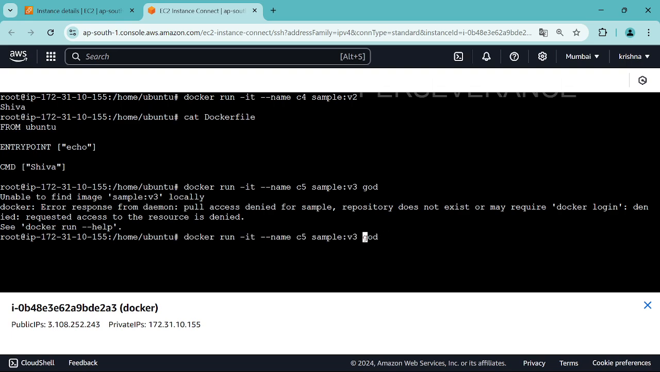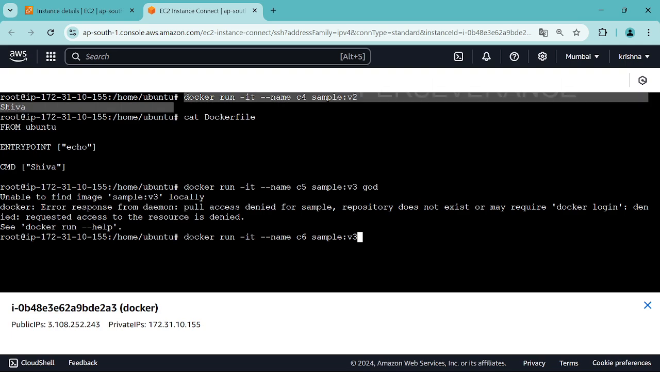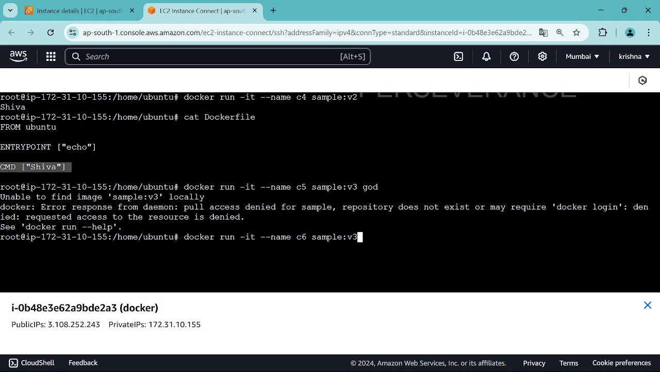Okay, v3 is not there, right? So it is just v2, guys. Yeah, c5 is done now. So c6 v3. Just observe this command now. You have not passed anything from this image, so it prints Shiva with the default argument. So CMD is a default